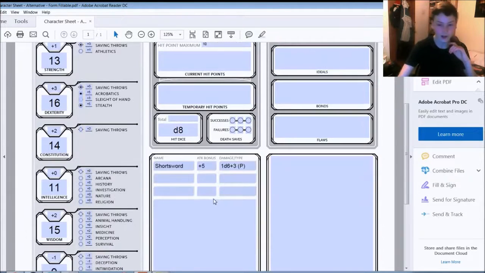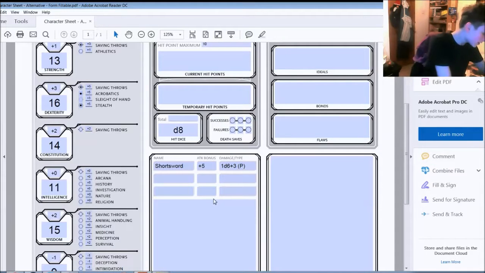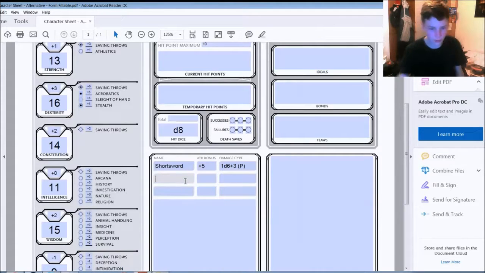So we also get 10 darts. Now if we quickly pop over to the simple weapon dart section, that does 1d4 and has a throwing range of 20 as regular and 60 as a disadvantaged throw, and it's also finesse, so it uses our dexterity, but all ranged weapons use dexterity. I think that is right, unless you use some really heavy stuff, like if your DM goes into details about a barbarian throwing a tree while under the influence of drugs and giant strength potions. But we have 10 darts, so I'm actually just going to put dart,